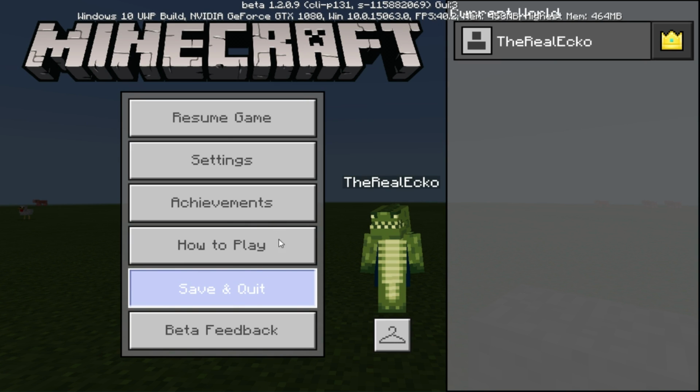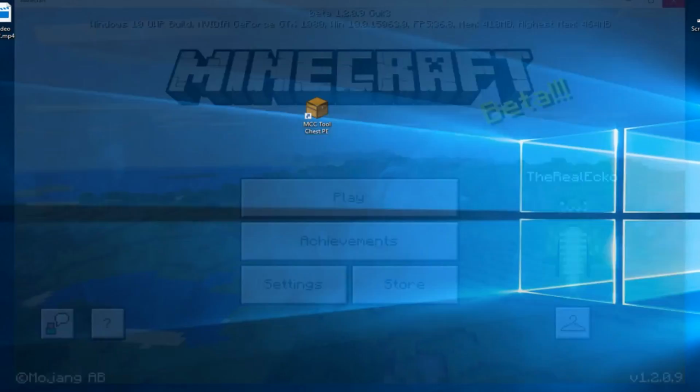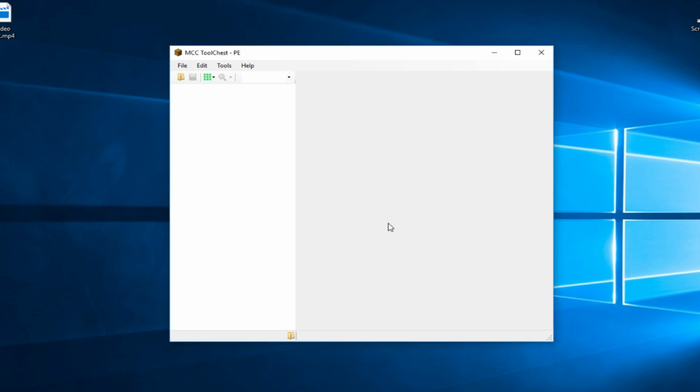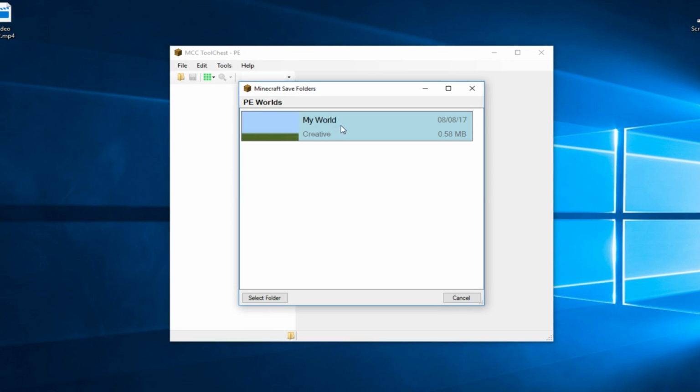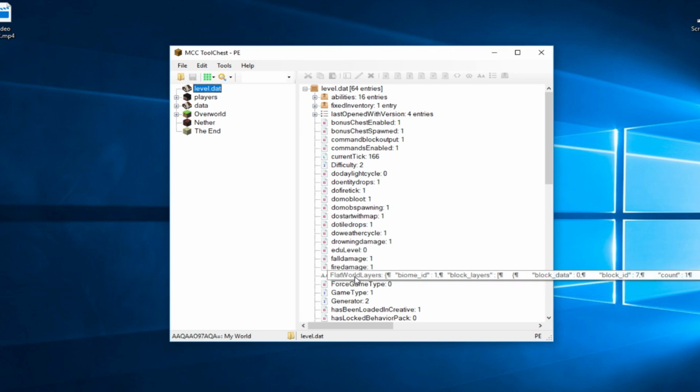Make sure your world has been registered. Providing that it has this option, saving world, you can now close down Minecraft and open the NBT editor. I'm not going to be updating. Clicking File and Open, it's going to locate the selected world that we created. Going to level.dat,